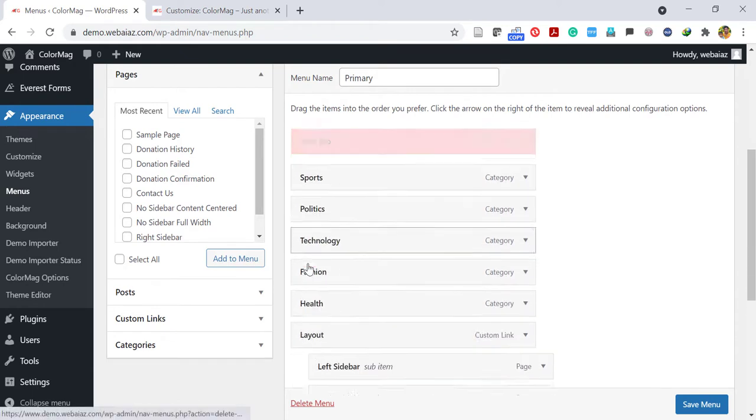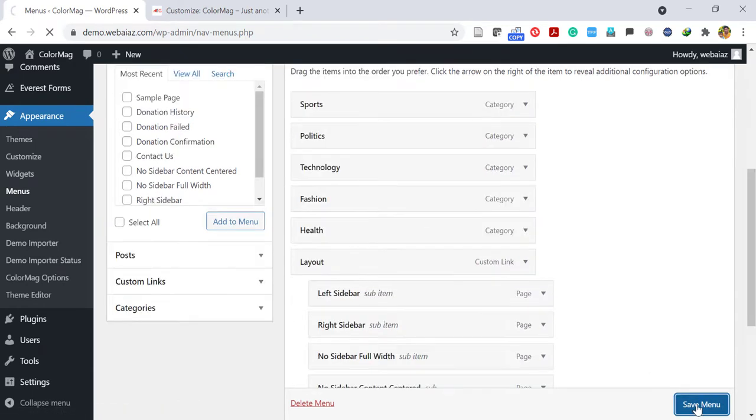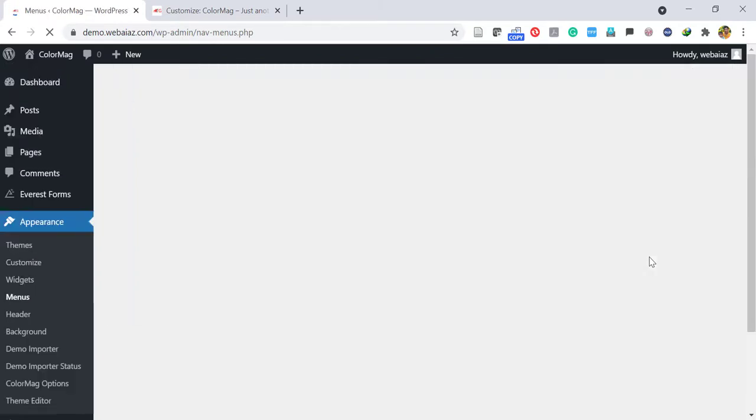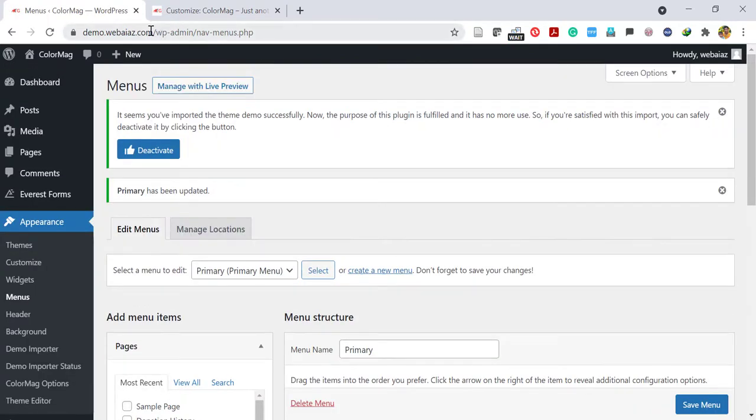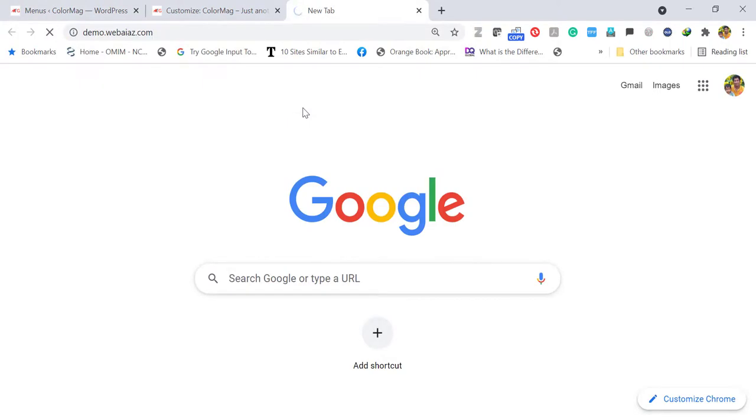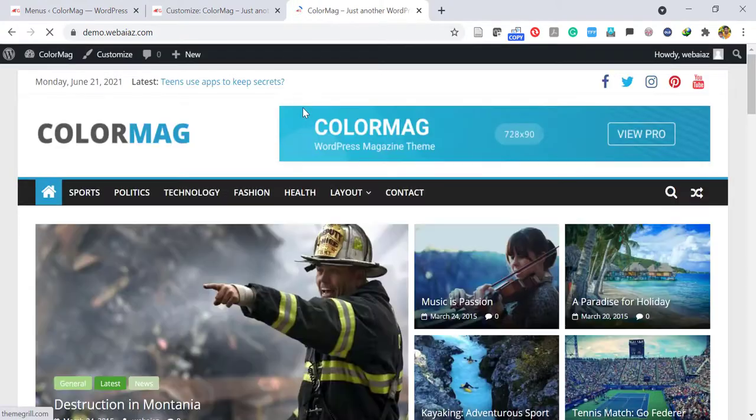So I just removed some unwanted menu items and I have saved the menu. And let's check. So just copy the web item and I paste there, and see the unnecessary menu items have been removed.